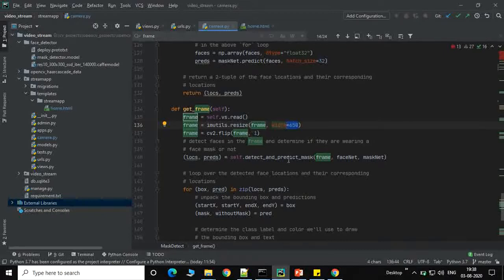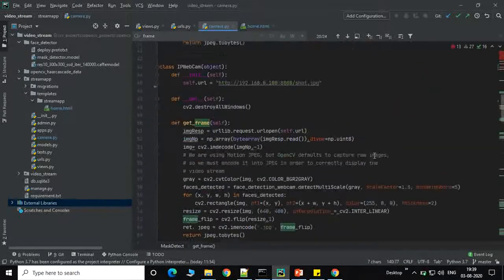Now this is detect and predict mask. This is the frame: whenever the video is running, that frame will come here. This is the FaceNet, which was mentioned above, and this is the mask net. We can show it here also.